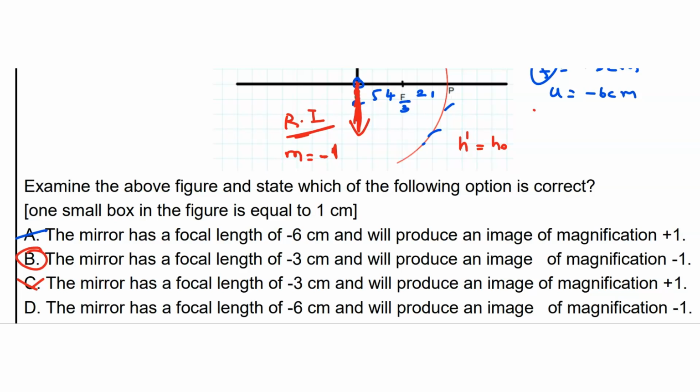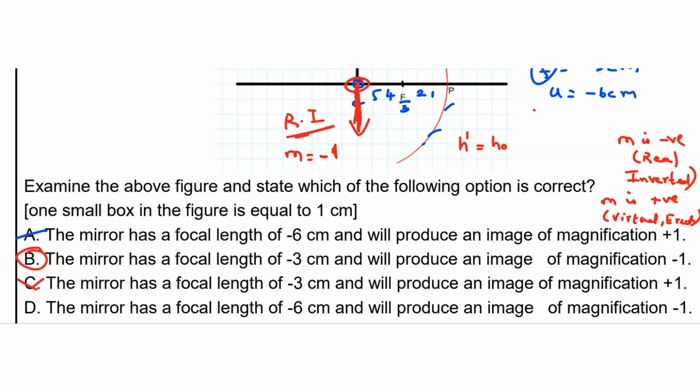So let us rule out C. Okay, so how can you find this? If the magnification is negative, then the image formed is real and inverted. Okay, have that in mind. So if you learn the ray diagrams, it will be very helpful for you to identify this. If m is positive, then the image formed is virtual and erect. Okay, since the object is placed at the center of curvature, the image will also be formed at the center of curvature, which is below the principal axis.